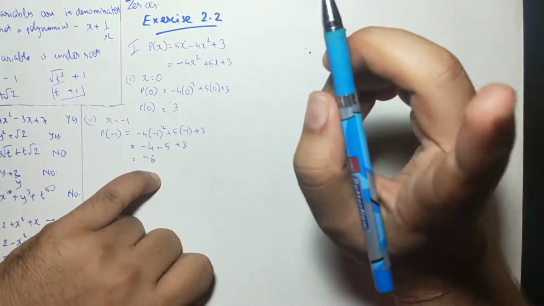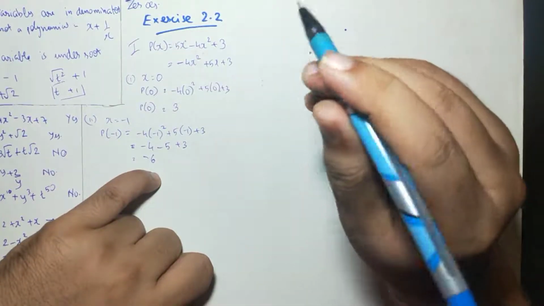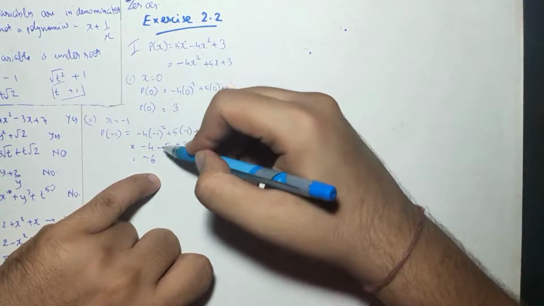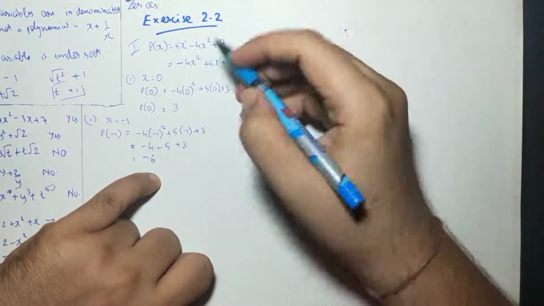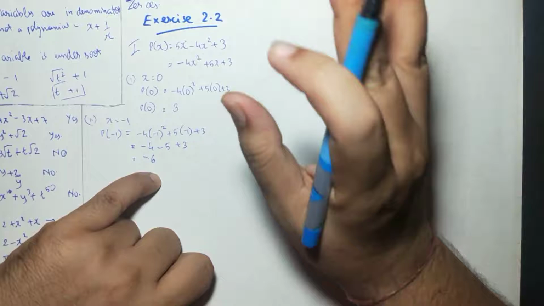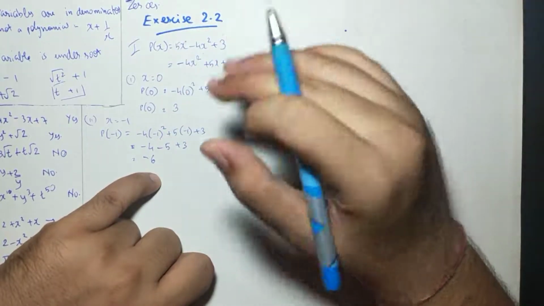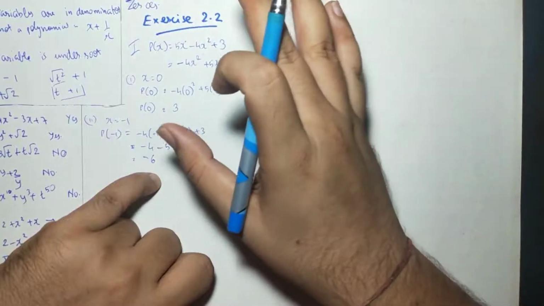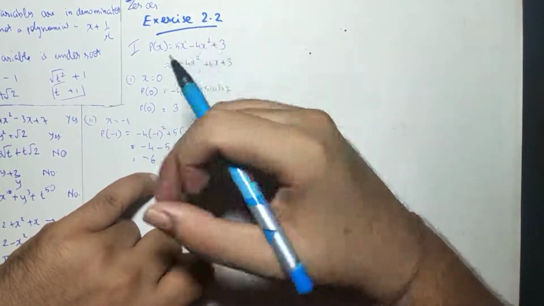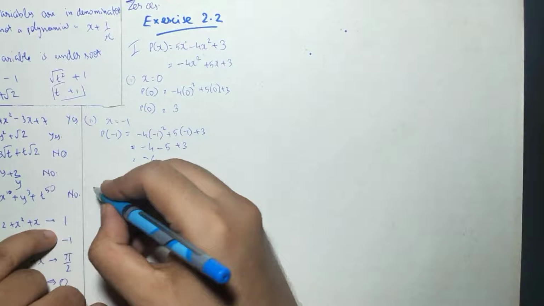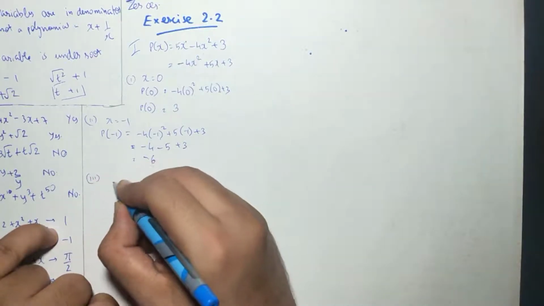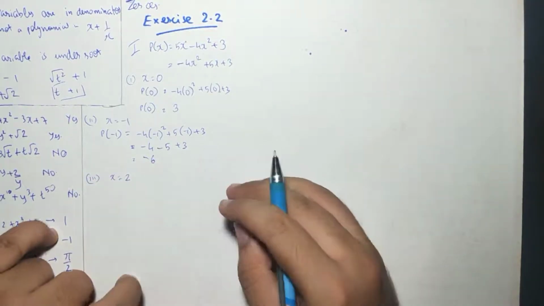In that video, which I have given the link to in the description, if the answer comes out to be 0, it will be a zero. I am substituting the values and the answer is not coming to be 0. That means these are not the zeros of the polynomial. This is for future reference. We have not been asked this in this question right now, but for future reference I am just explaining this. The third one is x equals 2.